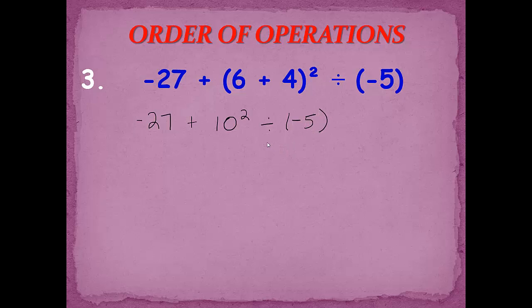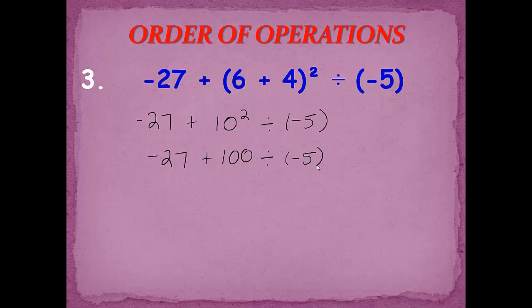Our next step is exponents. So we're going to do 10 squared. 10 squared means 10 times 10, which is 100. So we have -27 plus 100 divided by